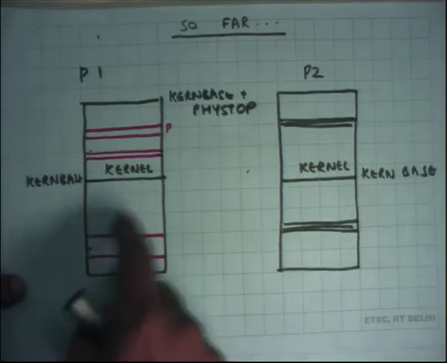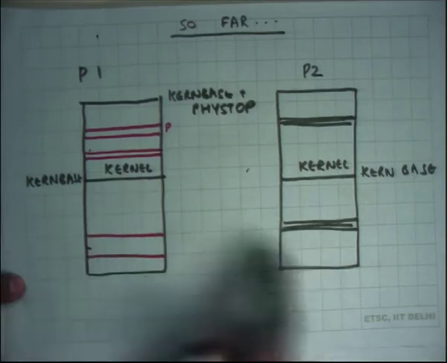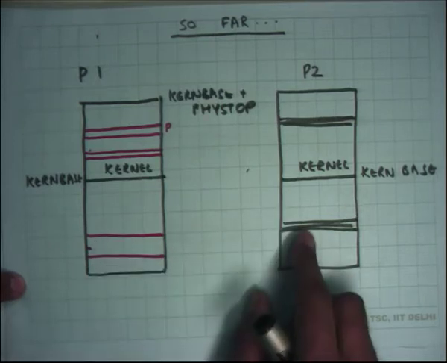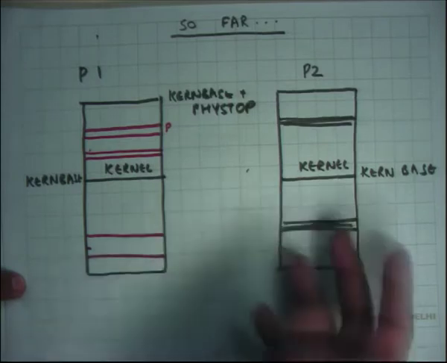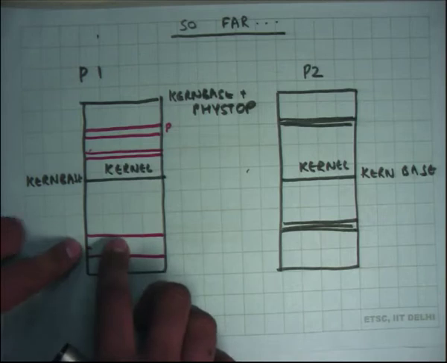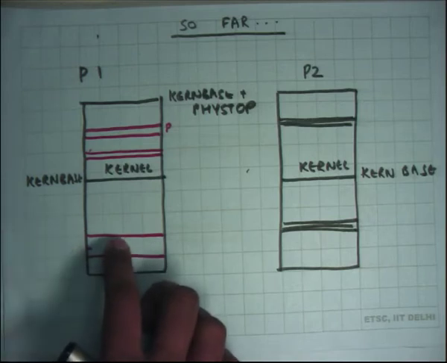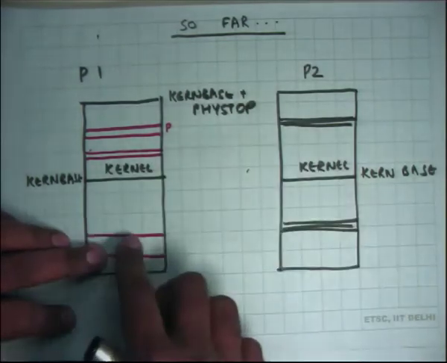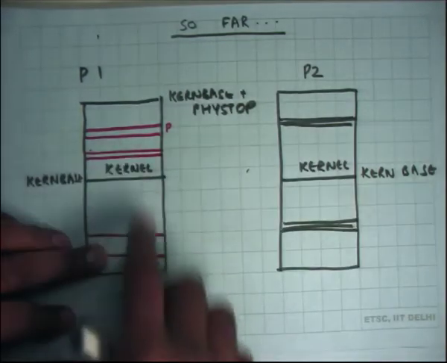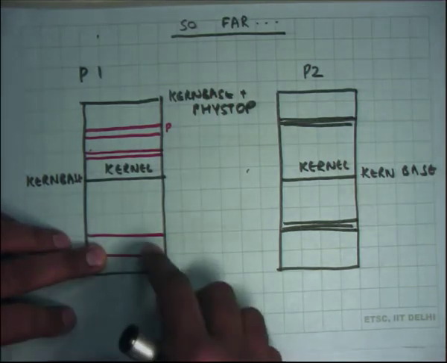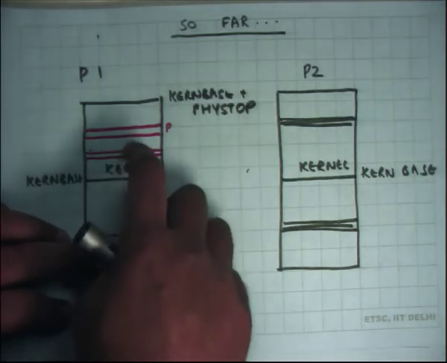If a process is executing here, different processes may have different mappings. For example, in these red lines here in process P1, let's say this page is mapped and this page is mapped, and in process P2 let's say this page is mapped, so they have different address spaces in that sense, and they are completely independent address spaces. Also note that these pages present in the address space of the user also come from the physical memory, and the physical memory is also mapped in the kernel space. So the same pages in physical memory have two mappings in the virtual address space, one on the user side of things and another on the kernel side of things, right.